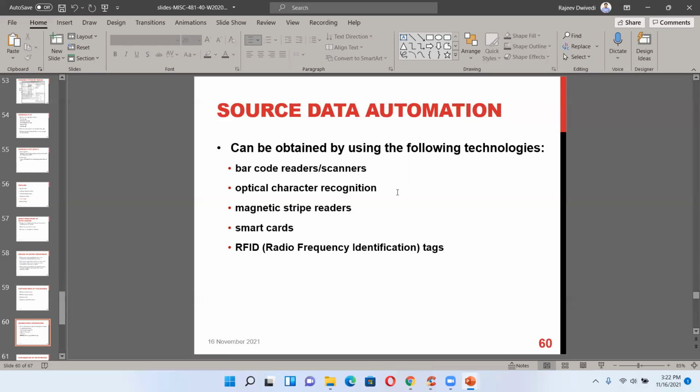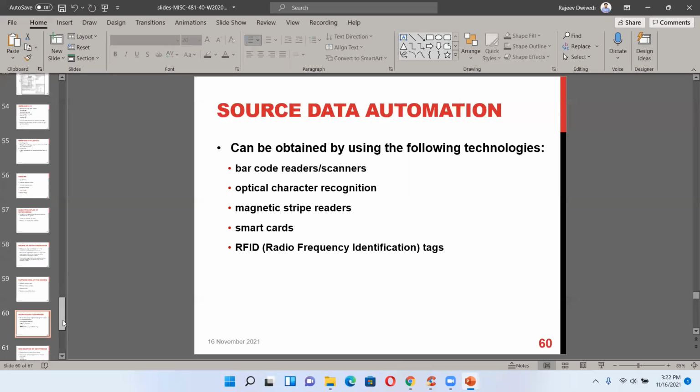The data is captured at the source point using different technologies. RFID is one of the most important when we talk about logistics. RFID, radio frequency identification, is one of the biggest technologies changing the way logistics works. And now, the latest technologies will come.